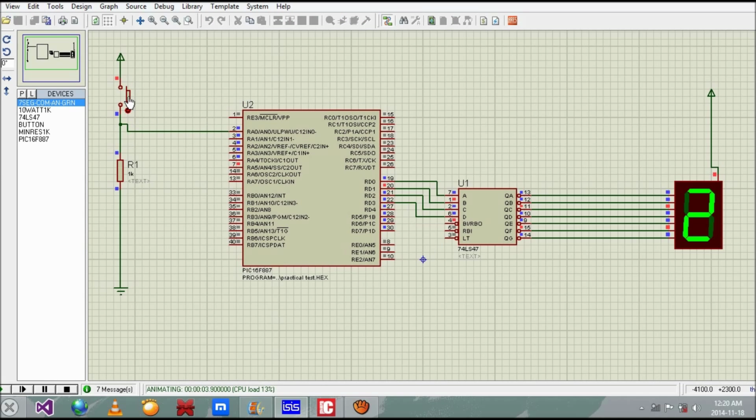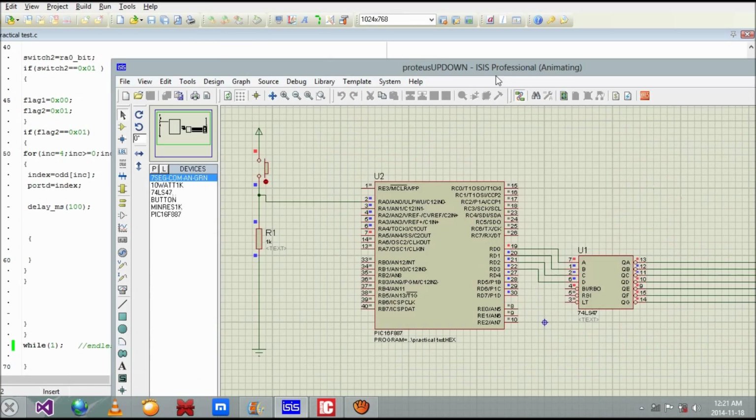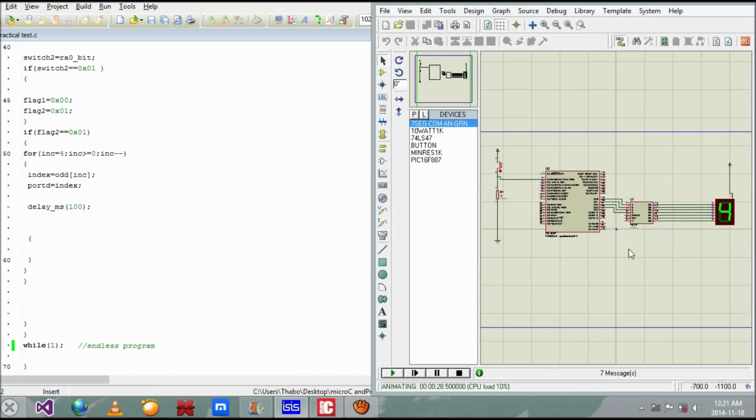Then if I press once, it will count up evenly, 2, 4, 6, 8, and it'll keep on counting 2, 4, 6, 8 until I press this button again. If I press this button again, it'll count down 9, 7, 5, 3, 1, and if I press again, it's counting up now. So yeah, this is it, guys. This is how you combine Proteus and